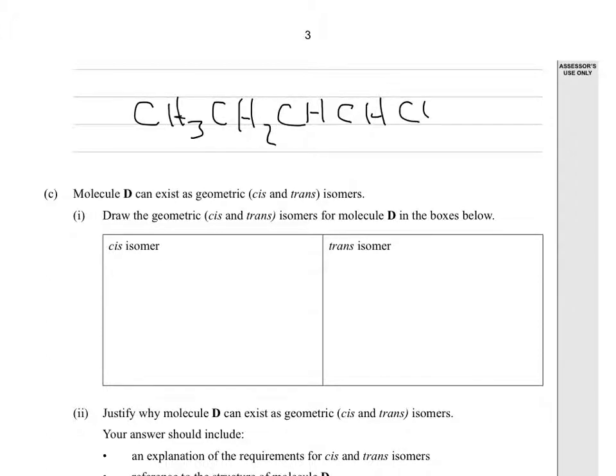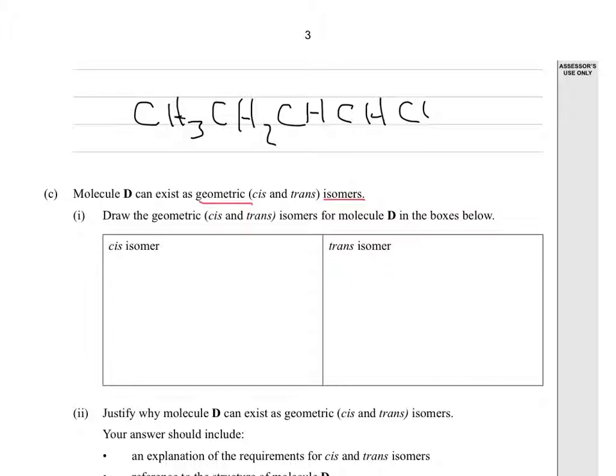Okay, so notice that at this point here we're missing a hydrogen, and one here as well, so there must be a double bond in between the two carbons. That makes sense because here they're saying that this molecule D can be geometric isomers, and the first thing we know about a geometric isomer is that we have to have a double bond